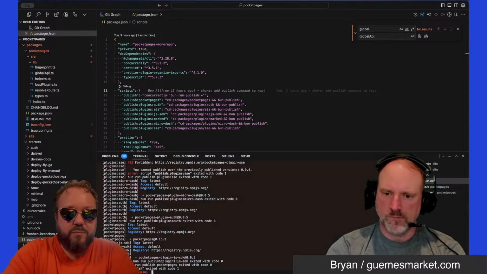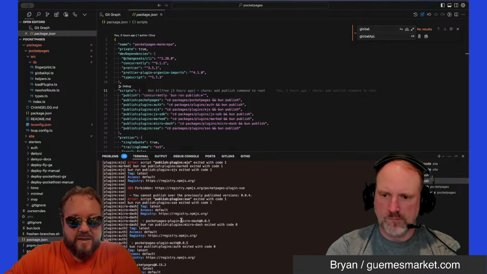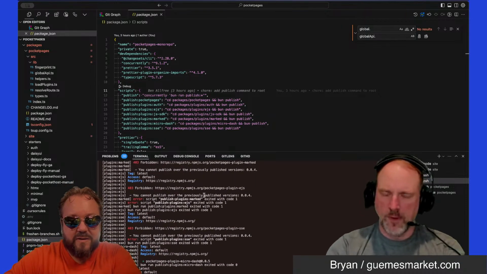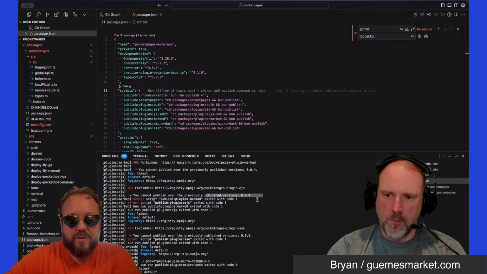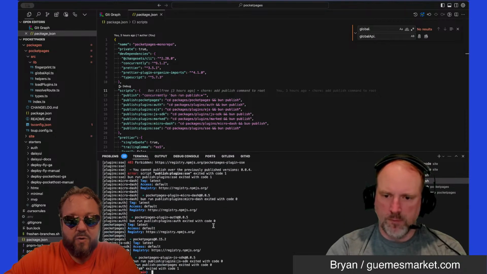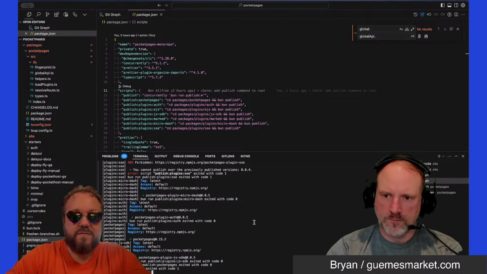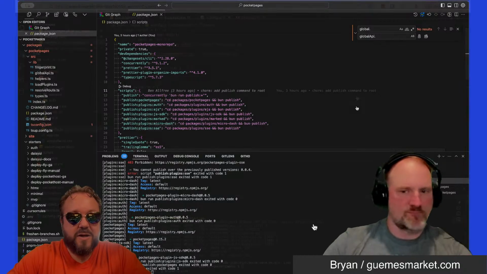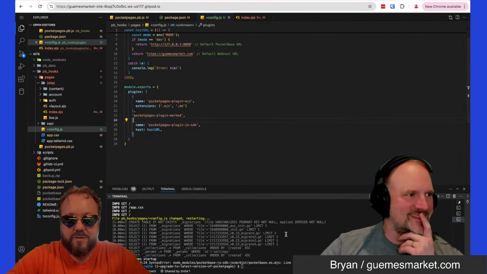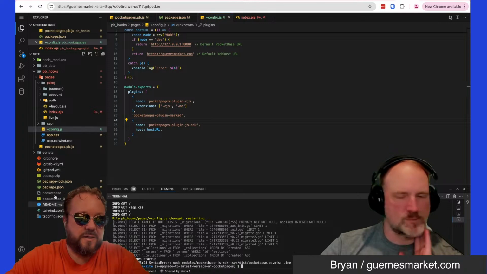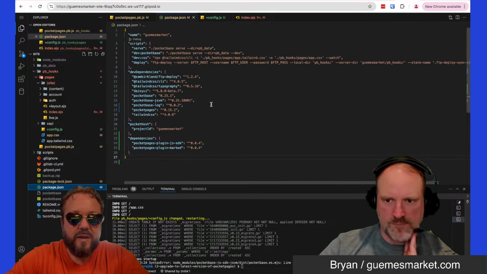This is what's actually going to push it out to NPM, and you can see a couple failed, right? You can't publish previously, like version 0.0.4, but the ones that were 0.0.5 and like PocketPages 15.2, those did publish successfully. So now that we have that handled, and this is all untested, mind you, but we should be able to go back to your project, and we should be able to go